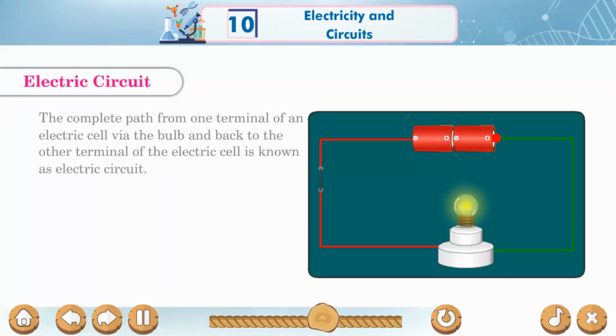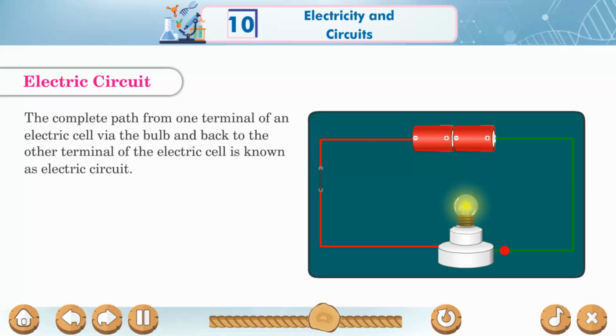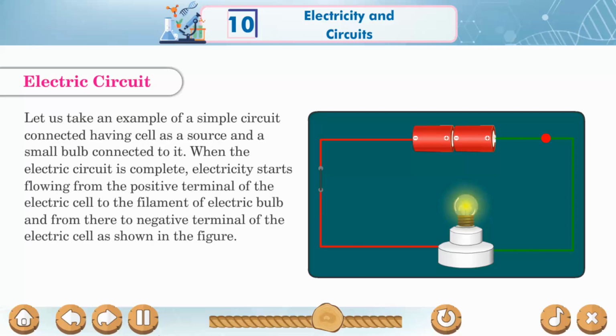Electric circuit. The complete path from one terminal of an electric cell via the bulb and back to the other terminal of the electric cell is known as an electric circuit. Let us take an example of a simple circuit having a cell as a source and a small bulb connected to it. When the electric circuit is complete, electricity starts flowing from the positive terminal of the electric cell to